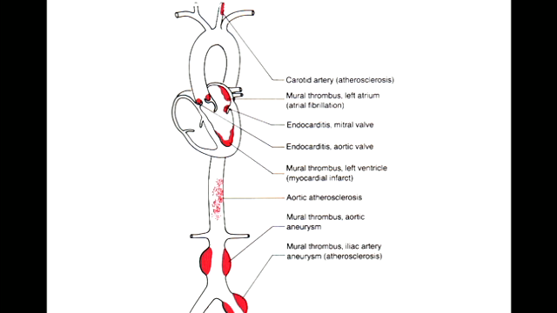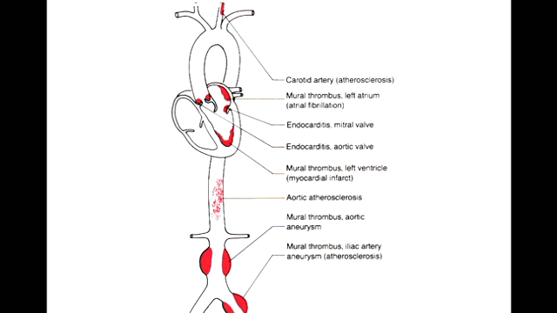Turbulence. So most turbulence occurs at bifurcations, and that causes damage to the endothelium. Turbulence in itself can damage the vessels at the branches. So high blood pressure, hypertension, and turbulence increase the weakening of the wall. Sometimes you'll definitely get atherosclerosis from it, and then the thinning of the wall to cause an outpouching in the wall. And we'll talk about the problems that are associated with that soon.